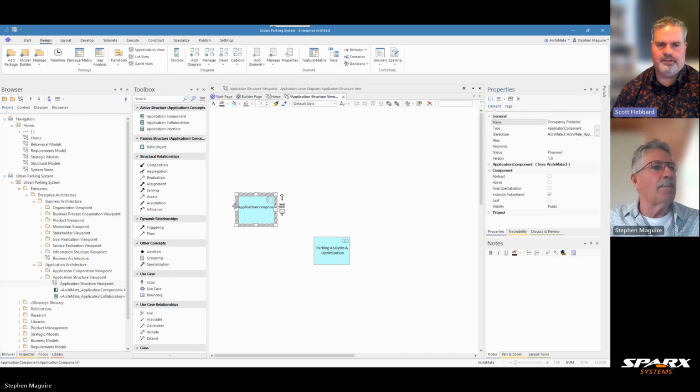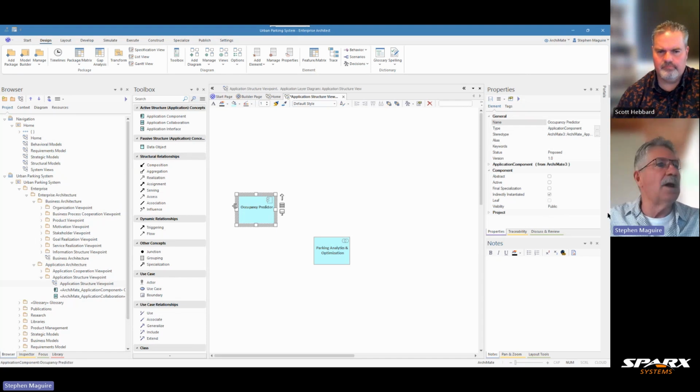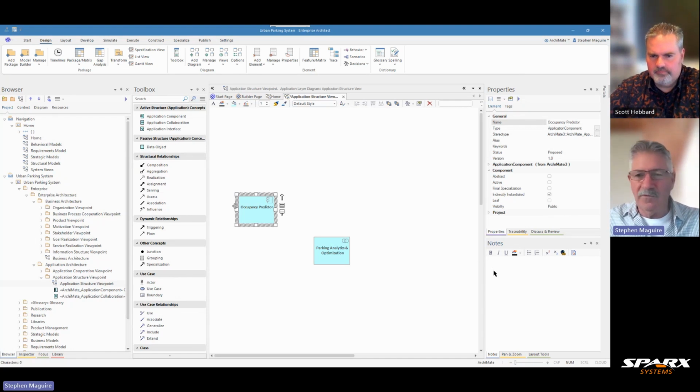So I assume our audience can have a look at the builder page if they want to see some examples of layouts and structures. Exactly, Scott. Absolutely. So let's delete that and put in some notes for that element.